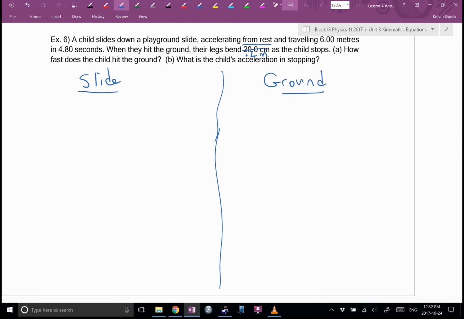I know it's a velocity. My next question is always going to be, which one? Final or initial? Well, it depends. I think final at the bottom of the slide. That's how fast I hit the ground. So I'm going to write in the slide column,